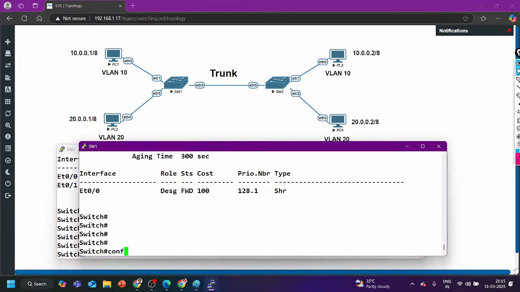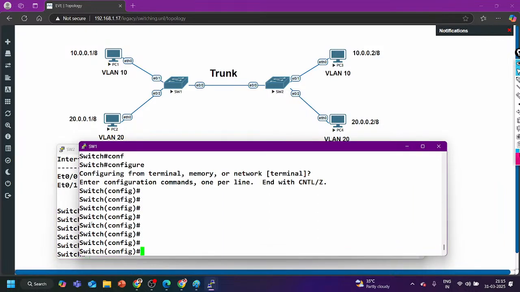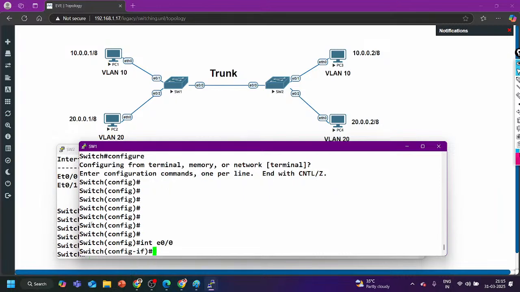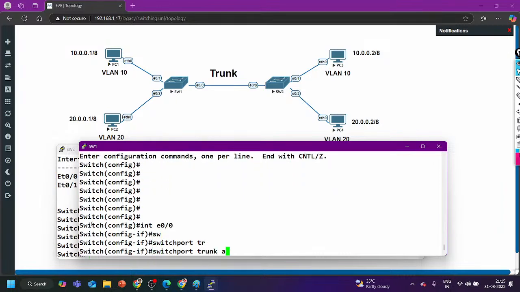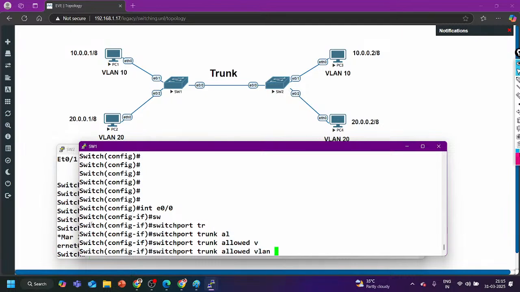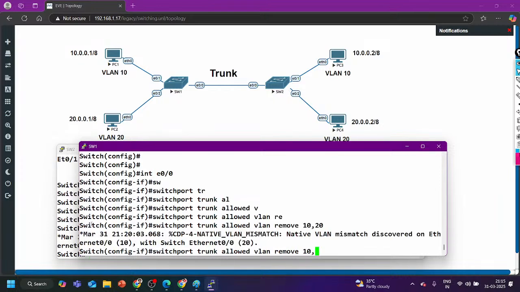We can try with removing the VLAN from the trunk link. Let me say E0/0 and switchport trunk allowed VLAN. How can I remove VLAN 10? Allowed remove VLAN 10, 20. Yeah, if both the VLANs need to be removed, then